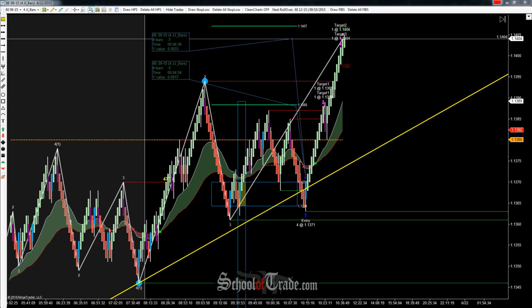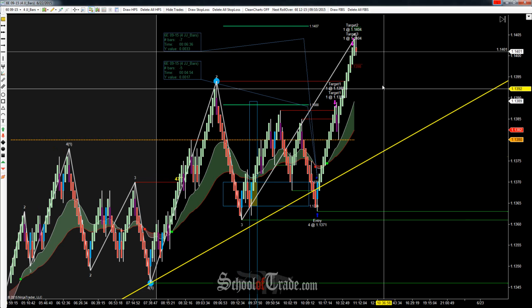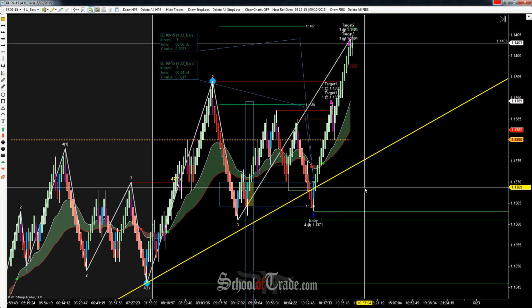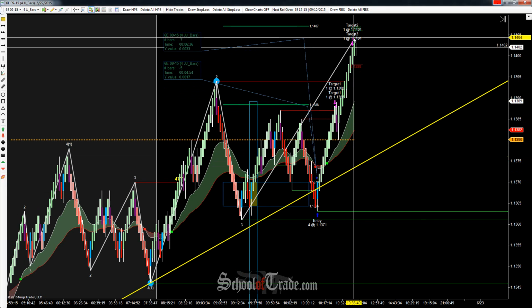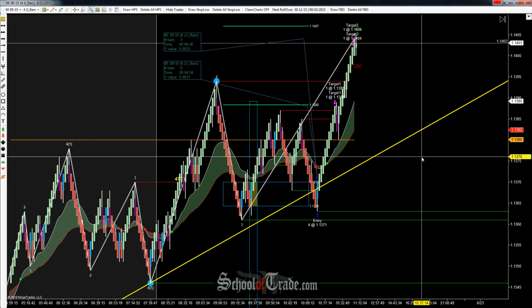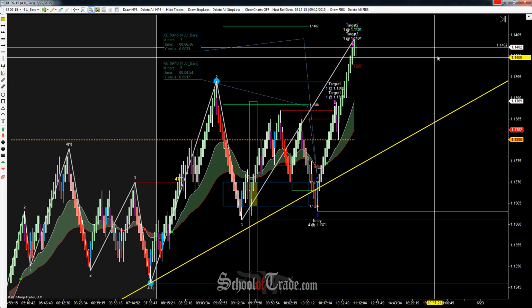All right, seeing that push up, and we finally got our target filled. We've been sitting in this one for quite a while. It got that first target really quickly. I mean, we were only in the first portion of the trade for about 4 minutes or so. After that, we're going on 1036, 1037 now. So it started out really well, and then all of a sudden, hey, surprise, you've got to wait 20 minutes. It's part of crude oil. Sometimes that happens. But overall, we finally got that target filled up at 1404, and that was at 1400 level,